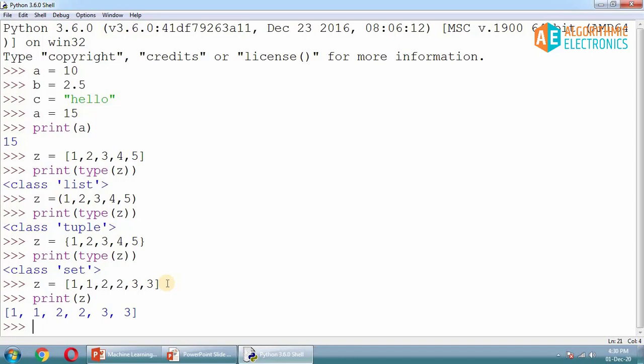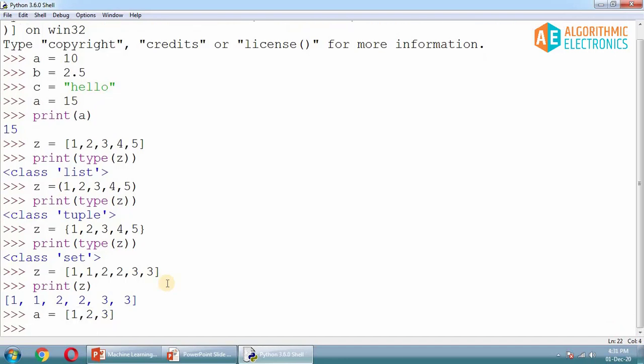And now the second parameter that we are going to check is whether it is ordered. Now what do we mean by order? So let's check. If I declare a list like this, 1, 2, 3, and I declare another list like this, 3, 2, 1.